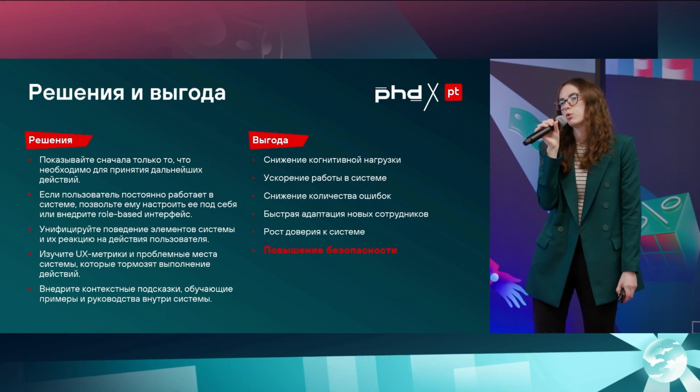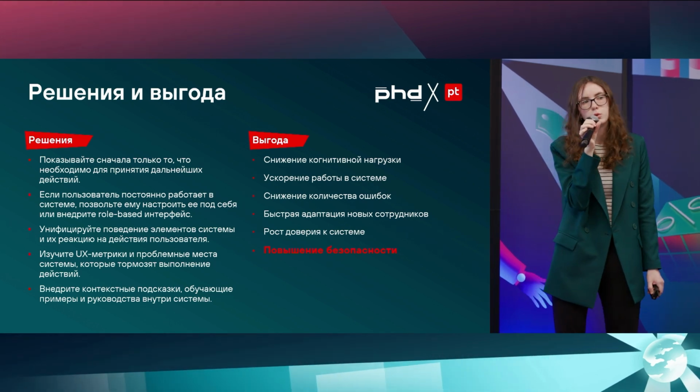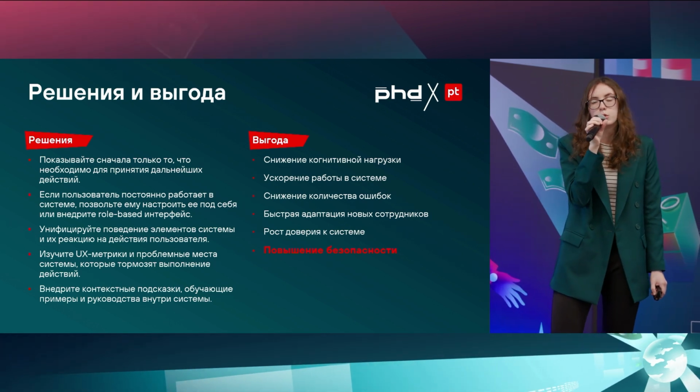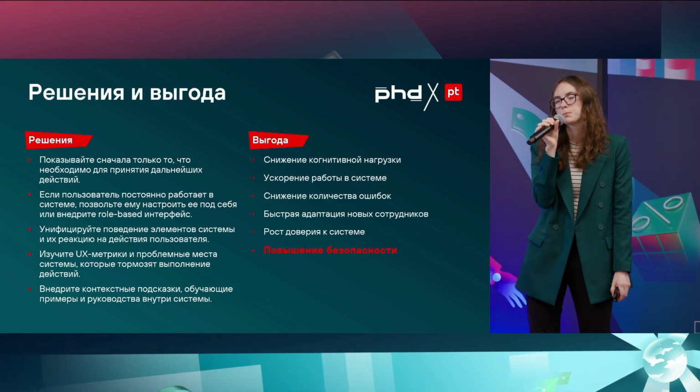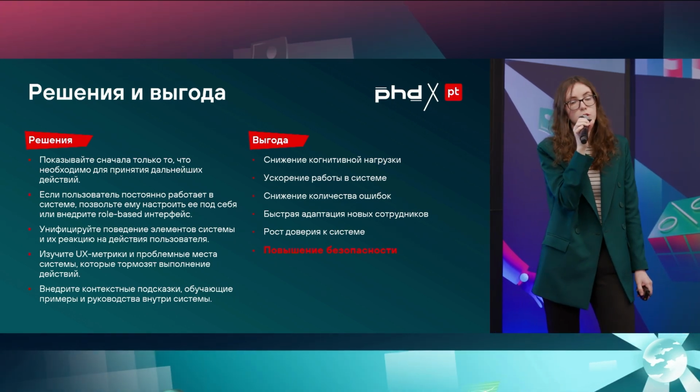And another important thing is prompts. Prompts are not only about B2C, but also about B2B. Contextual prompts. B2B is usually complicated. Prompts are not about B2C, but also B2B as well.